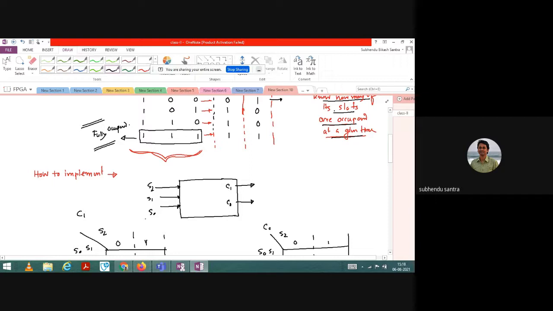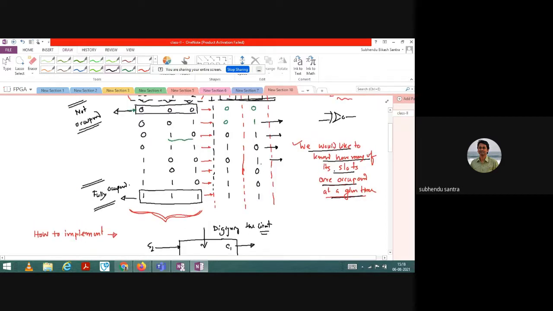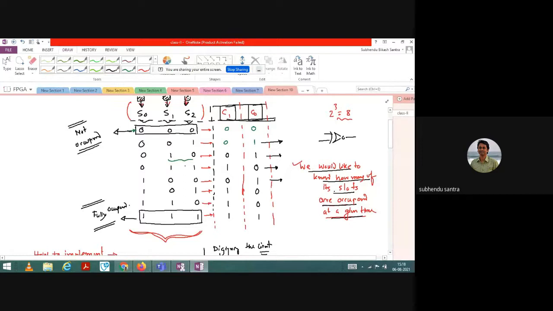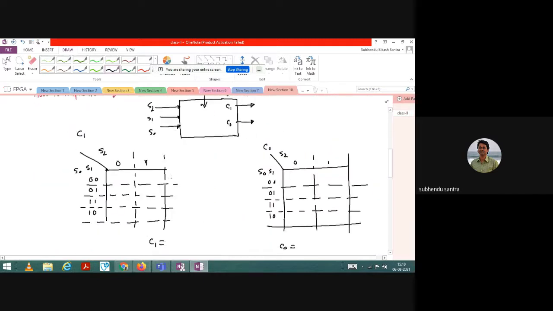These are sensor inputs, and you are designing the circuit. You see, for C1, what is that? 0, 0, 0. You are getting 1 for 0, 1, 1. So 0, 1, and 1, you are getting 1 here.